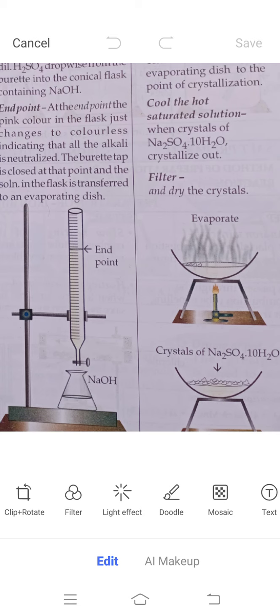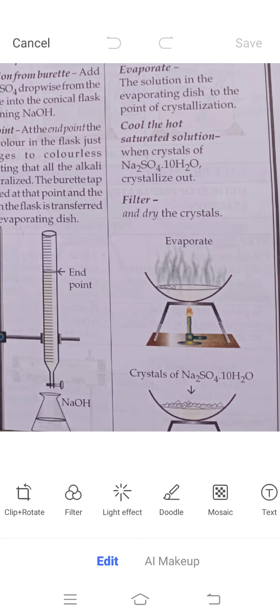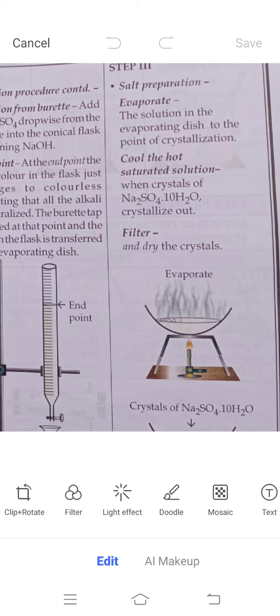Now it has converted to Na2SO4. This whole solution we will transfer to the evaporating dish. Now we will evaporate, so excess water will be removed from the solution in the evaporating dish. We will heat it till crystallization occurs. That means a large amount of liquid has to be evaporated, and we will concentrate the solution. Concentrate means like you take 1 glass of water and add 2 spoons of salt.